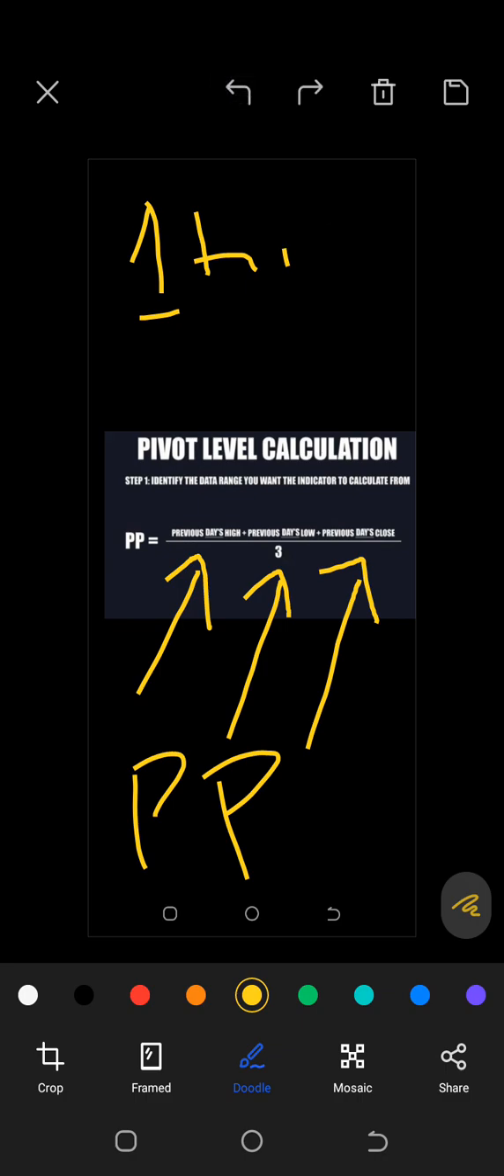So when I say high, the highest price during the previous trading session. When I say low, the lowest price during the previous trading session. And then close is the closing price of the previous trading session. Okay, so the pivot point, most of the time, the standard, they calculate it using the daily time frame candlestick,